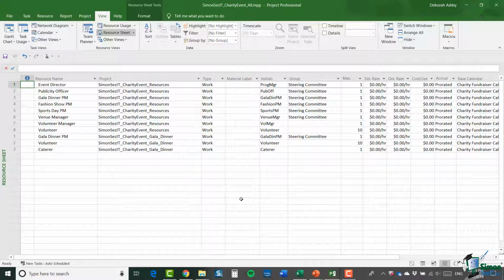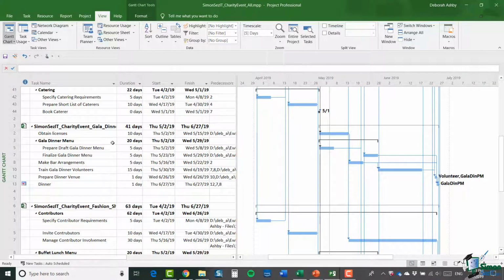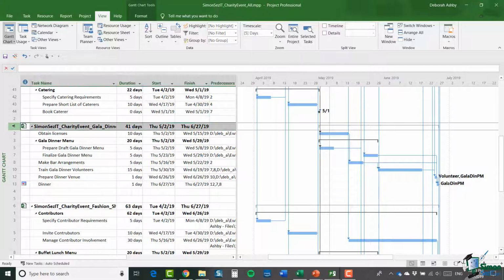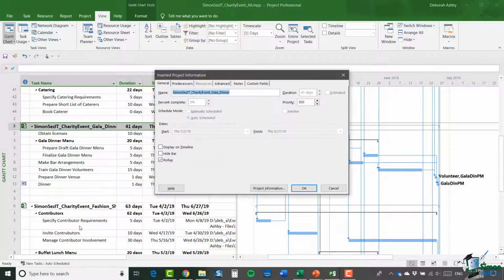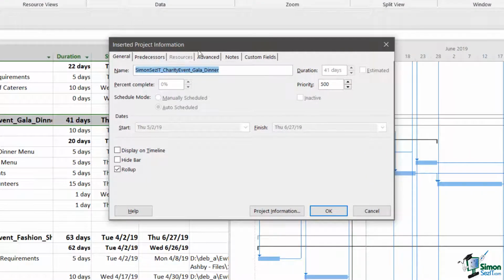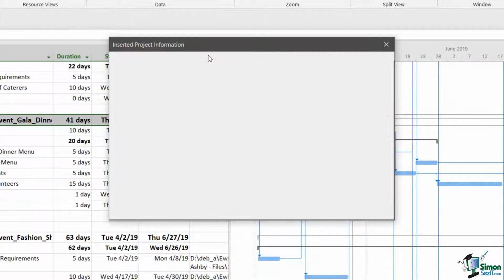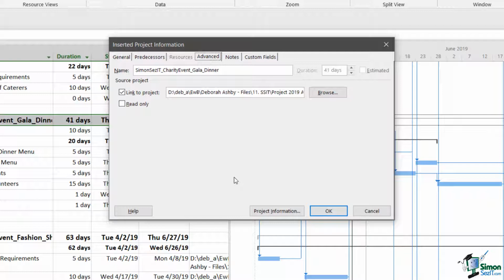And the very last thing, if I just go back to the Gantt view, if I wanted to stop, say, the gala dinner from being an inserted project, so instead of being a sub-project, I just want its task to be in the all project, it's a pretty straightforward thing to do. All I need to do is to select the sub-project, right-click, and select information. And that brings up the Inserted Project Information dialog box, and I'm going to jump straight away to the Advanced tab. Now, the thing that specifies that this is an inserted project and that the information here is linked to the separate project file at that location is this checkbox just here, the one that's currently checked and says linked project. If I uncheck that box and click on OK,